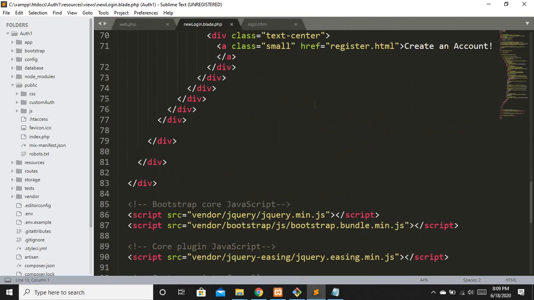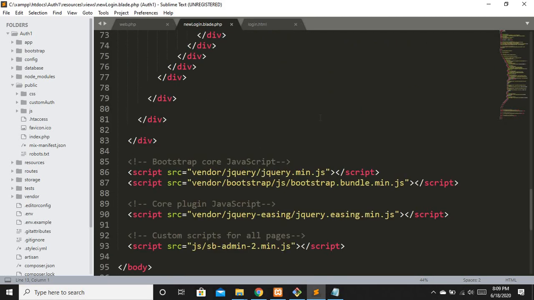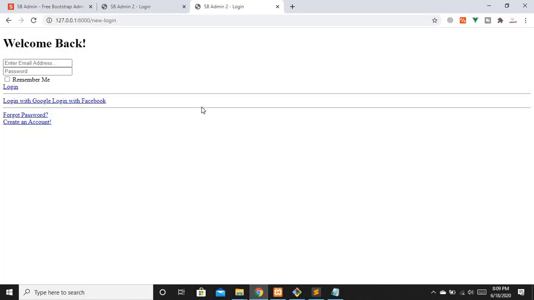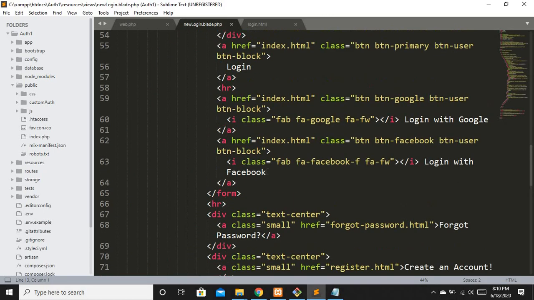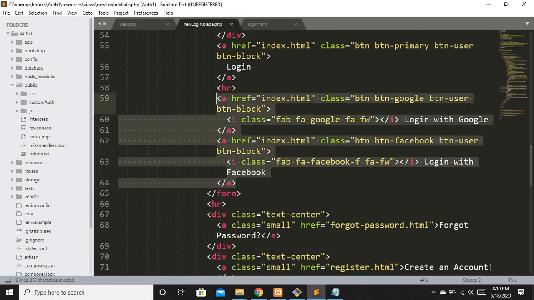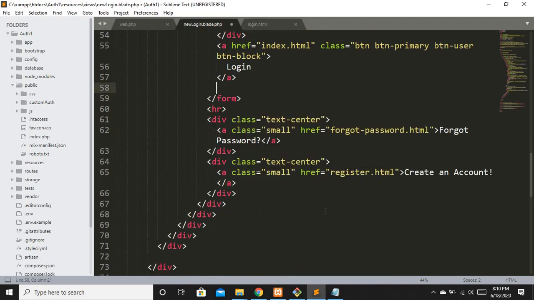We don't need any JavaScript in this file, so I'm not going to change it. Let's just refresh and see the login page. Okay, so you can see our page is working just perfectly fine. Now I'm going to remove these links because we are not going to use them. I will just move right here, login, and this. Okay, perfect. Let's try it out. Refresh,